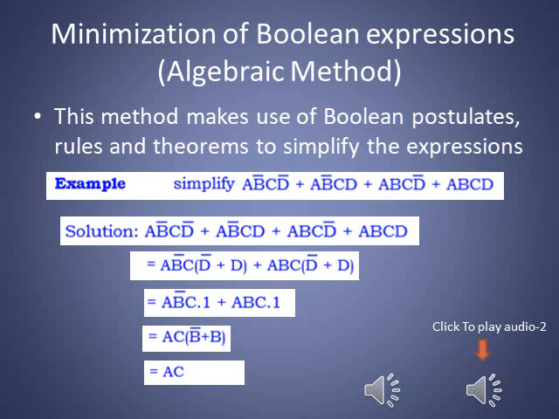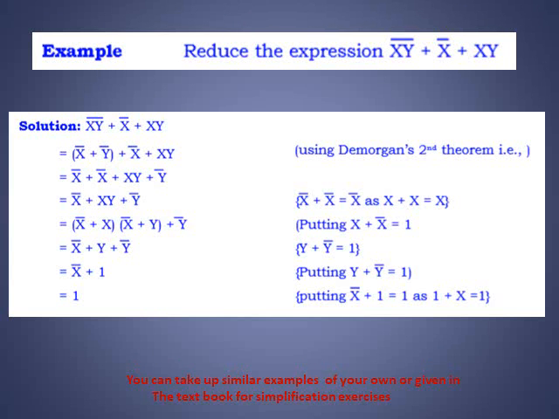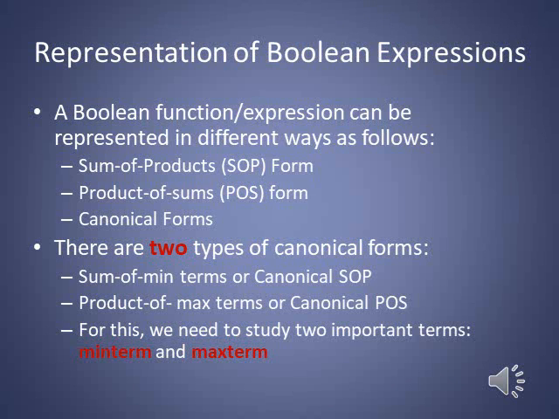As an example, we'll see these exercises. In this example, the given expression is a b bar c d bar plus a b bar c d plus a b c d. In Boolean expressions, we find the common factors from the terms. The term a b bar c is common in the first two terms. If you take it out, you will get a b bar c into (d bar plus d). From the remaining term we get a b c as common. Take it out and another one is a b c into d bar plus d.